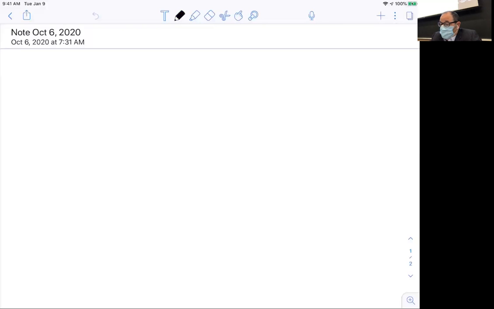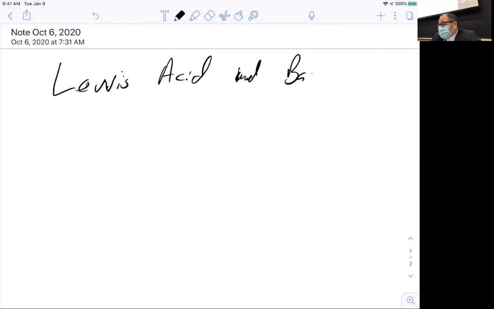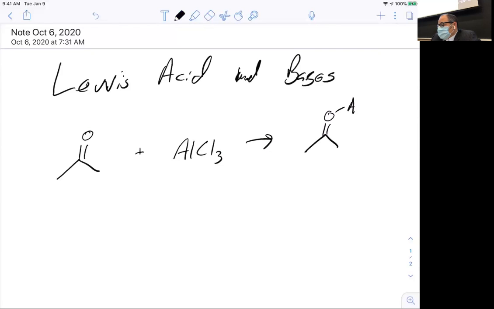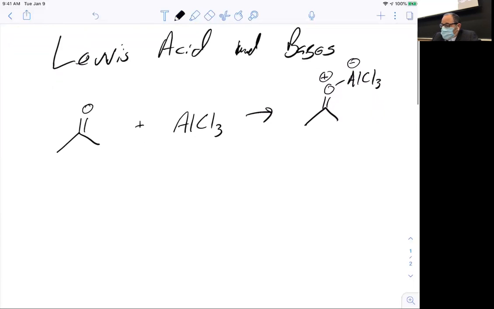Okay, so when we're looking at acids and bases, one of the things that we talked about was Lewis acids and bases. But the way they show up in reactions is slightly different. So let's look at a few examples. So if we look at this example, just this first step, if we change that and put in what's going on,